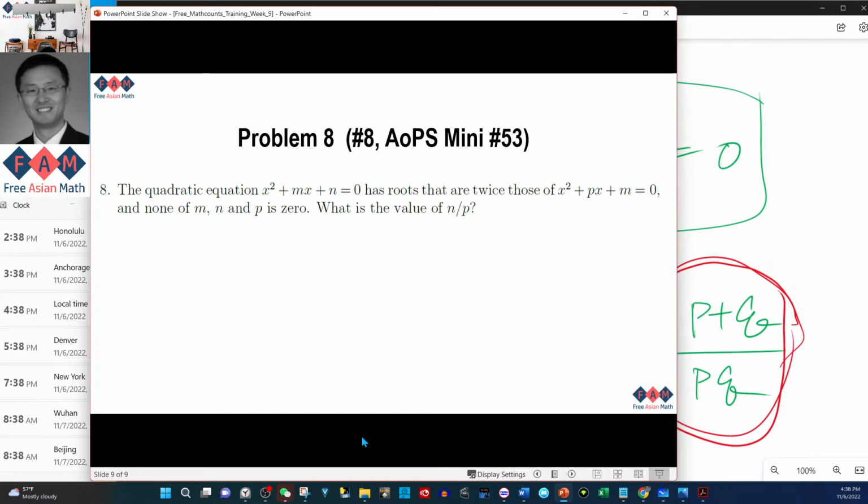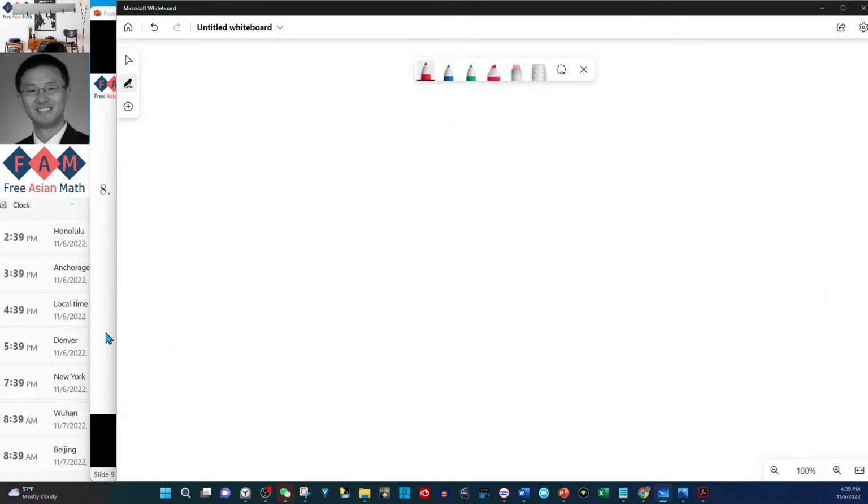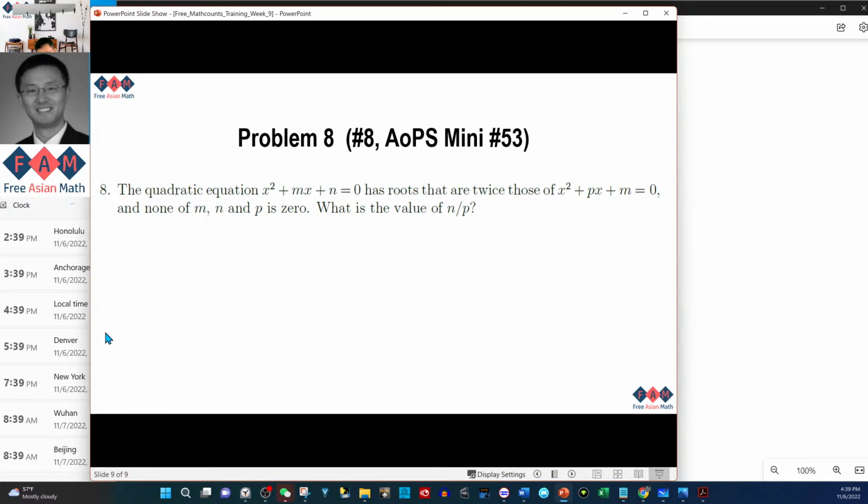And finally, the last problem is the same thing, but with a little bit more algebraic manipulation. All right. So you get a quadratic equation x squared plus m times x plus n equals 0. So two coefficients, I should say, and one of them is not a true coefficient, it's just a constant value. So the coefficient for the linear term x is an unknown m, and the constant is n. Both are unknowns, but